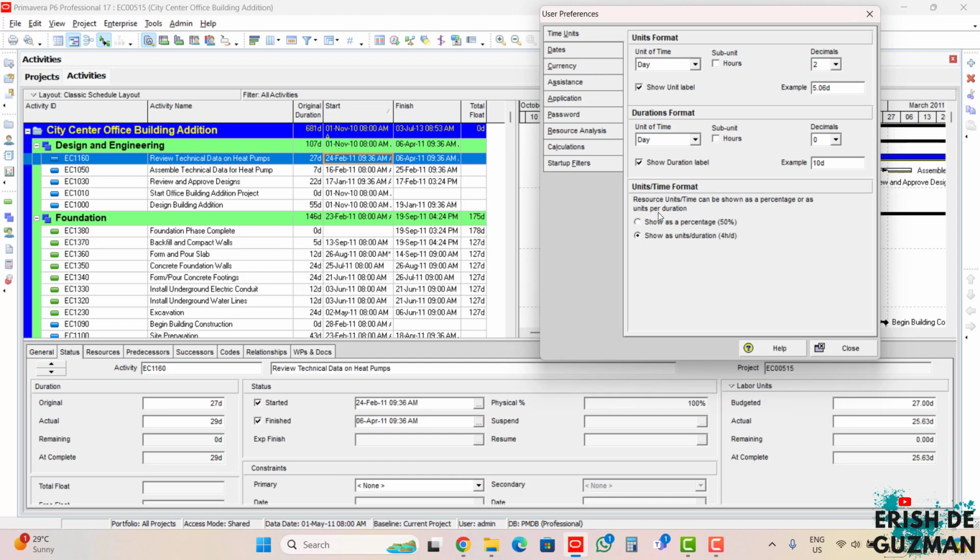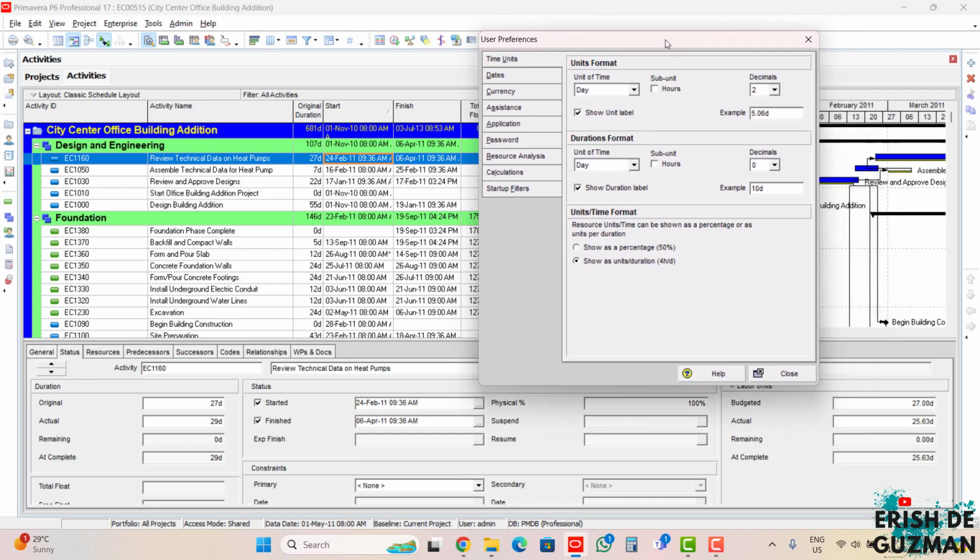We can see this resource units time can be shown as a percentage or as units per duration. It is again advisable that we click here and show as units duration as 4 hours per day rather than the percentage. And also for units format and durations format, you can see this show unit label and the show